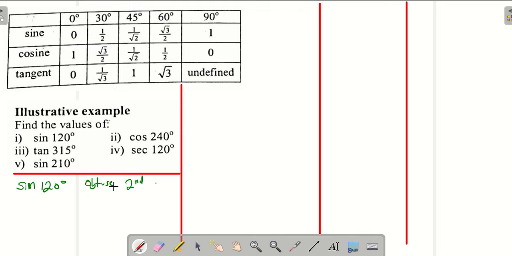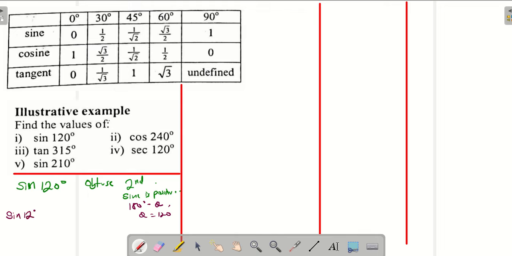Because it is in the second quadrant, we know that sine is positive in the second quadrant. And the general formula in the second quadrant is 180 degrees minus theta. In this case, theta is the angle that we have here, so our theta is 120 degrees. Therefore, applying the concept, we can say that